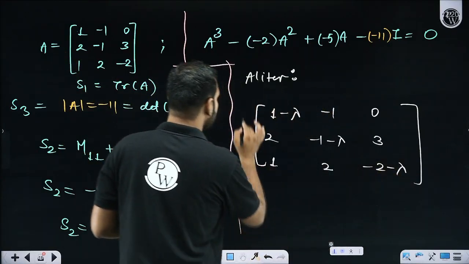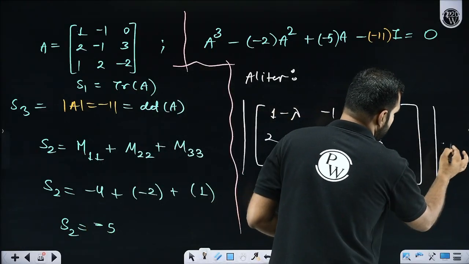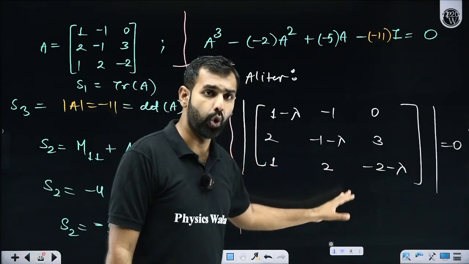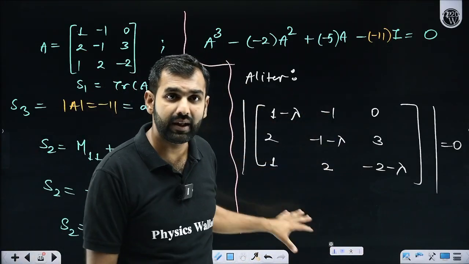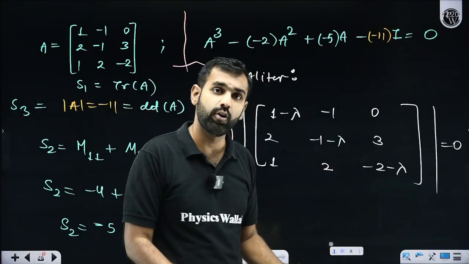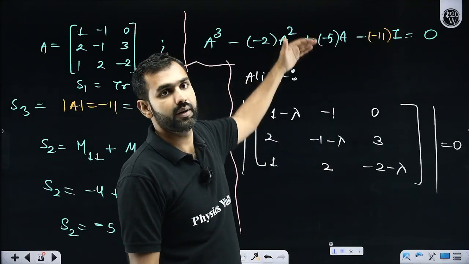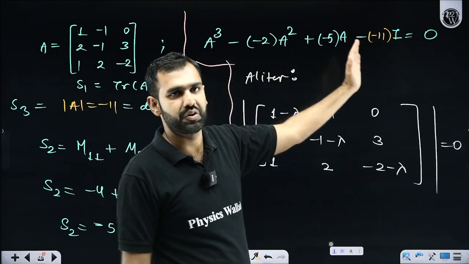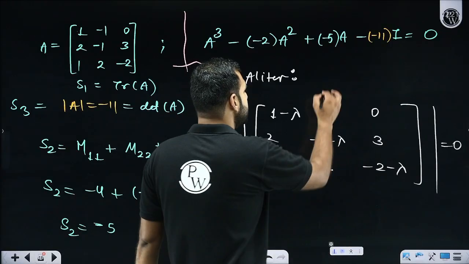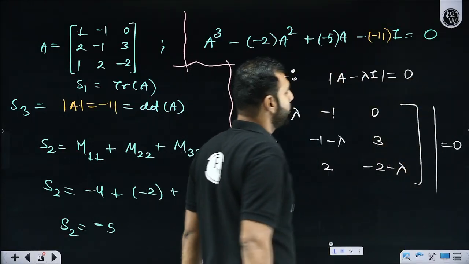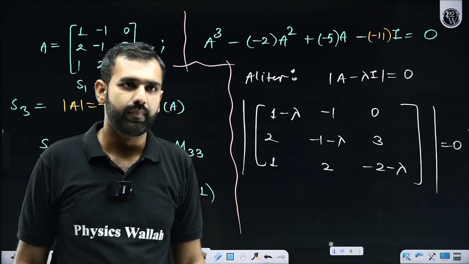You find its determinant, you will put it equal to 0. Of course, it will be a little lengthy, but when you solve this whole determinant, this is A minus lambda I, I have written. Everybody got this? If you solve this whole determinant, that will also give you the same equation, but it will be in lambda. And you substitute lambda by A, and then you get the same equation. Are you getting it, everyone? This is nothing but this A minus lambda I is equal to null. Yes or no, everyone?